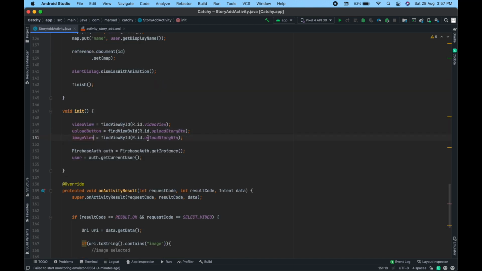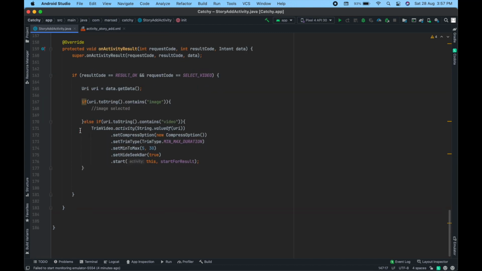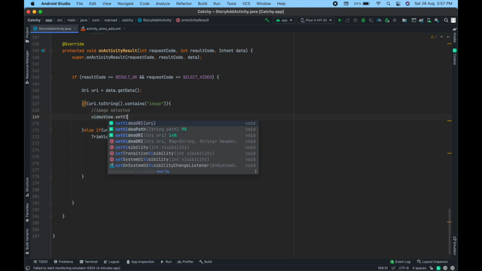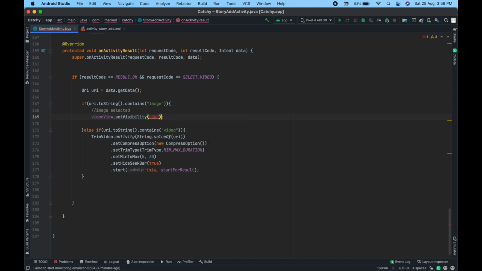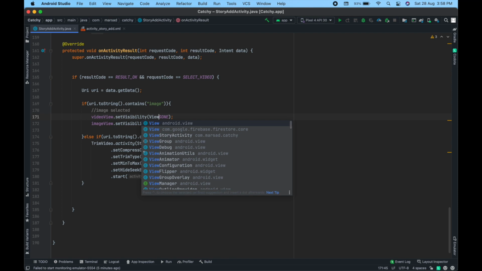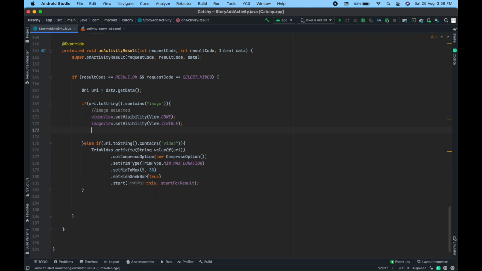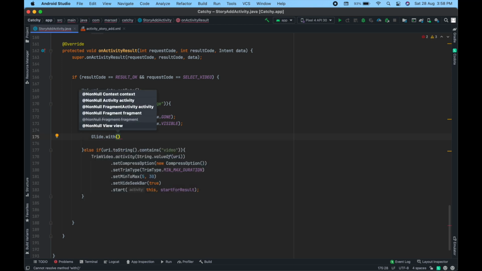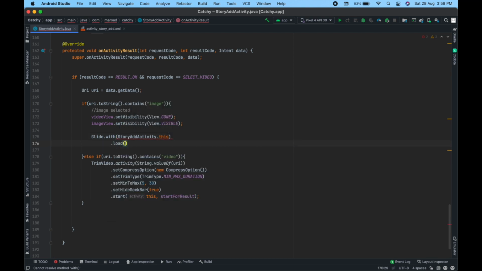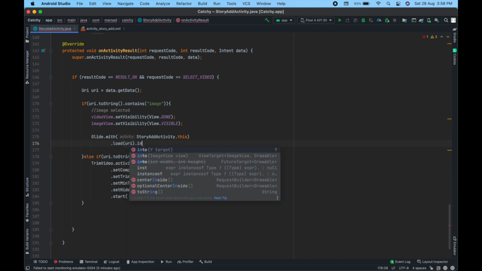image view equal find view by id R dot id dot image view, and here video view dot set visibility gone, View dot GONE, and image view dot set visibility View dot VISIBLE, and Glide dot with context StoryAddActivity dot this dot load URI dot into image view,